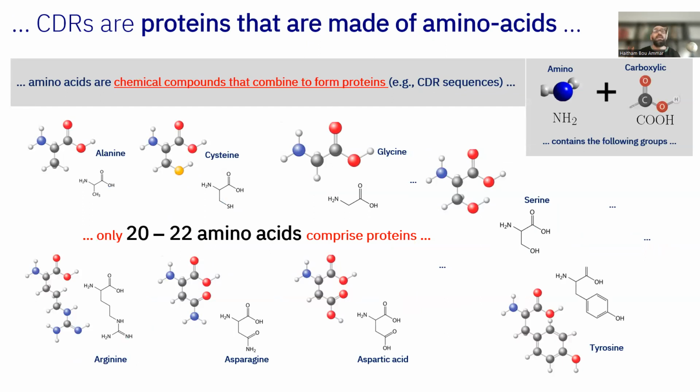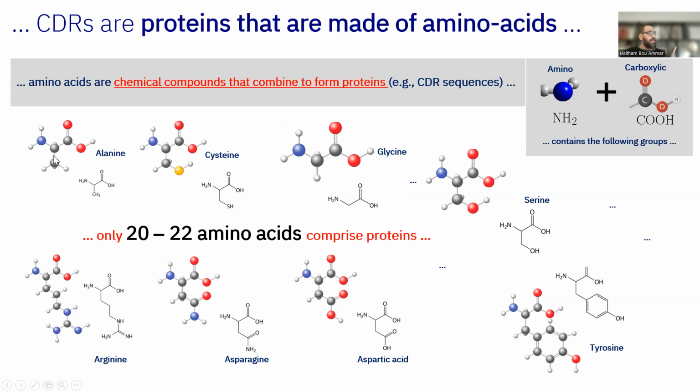Now, what are those CDRs made of? The CDRs themselves, they are chemicals, and they are made of amino acids. They're like any other type of protein. They are made of these amino acids. And those amino acids contain an amino group, which is NH2, and a carboxyl group. So you will see in those amino acids, which are 20 to 22 in number, that they always start with an amino group, which is like this NH2, and they end with a carboxyl group, which is what you see there. And then